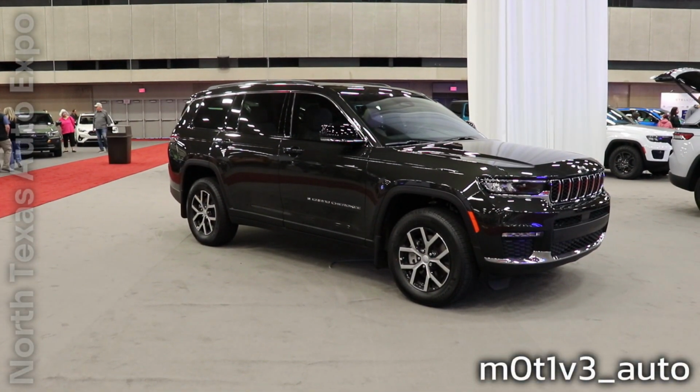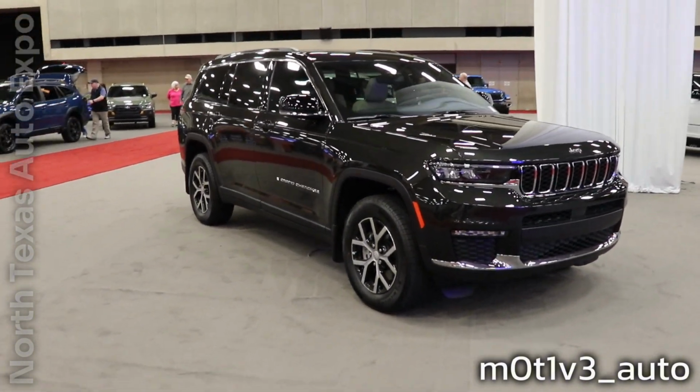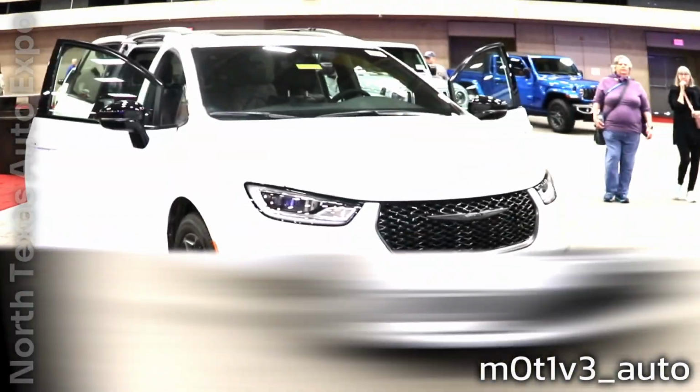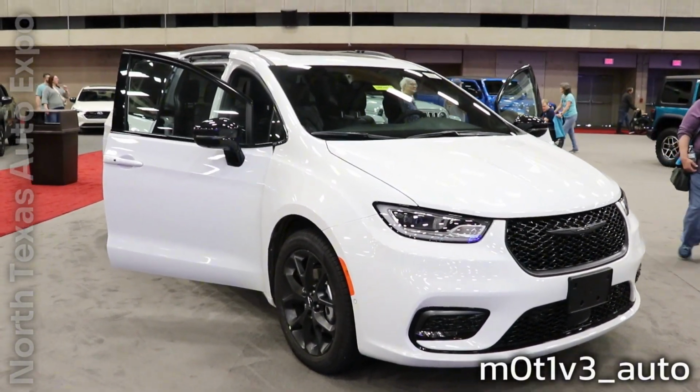So now I'm going to check out the Jeep section. I'm trying to make these quick. I just want to get some coverage. Chrysler's also here. So it's the Jeep Chrysler